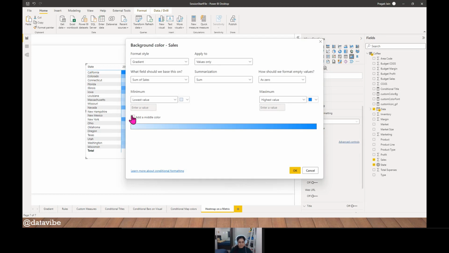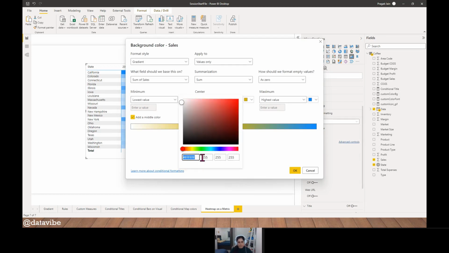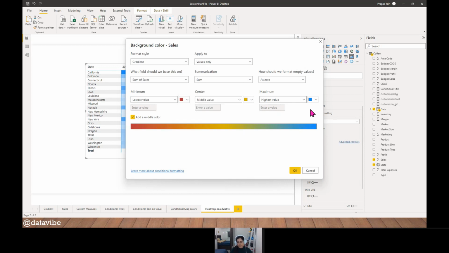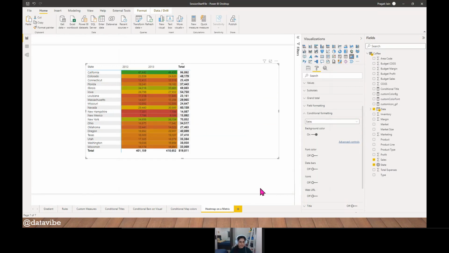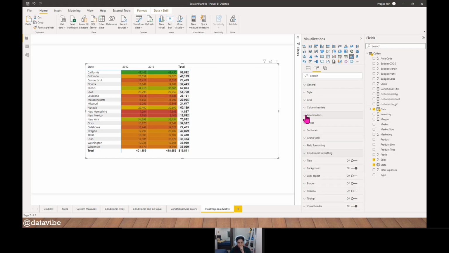And let's just change a few things here. So for example, let's again go from red to green and yeah, click OK. So it's kind of telling me which states are doing good and which states are doing bad. But suppose I just want to create something like a heat map here rather than showing values. So the trick behind that is we can just go to